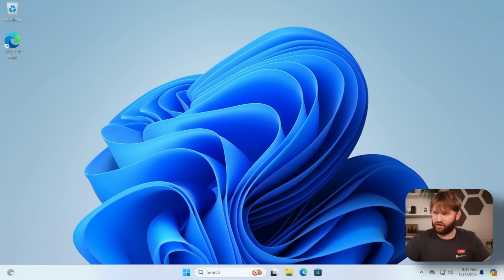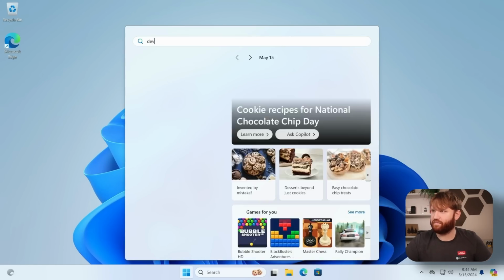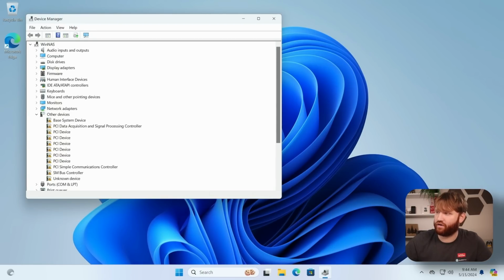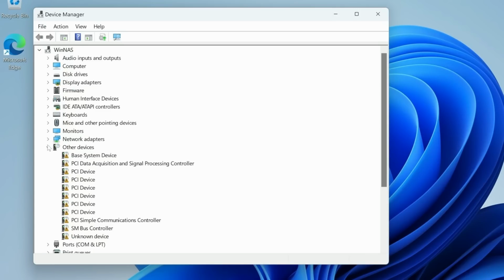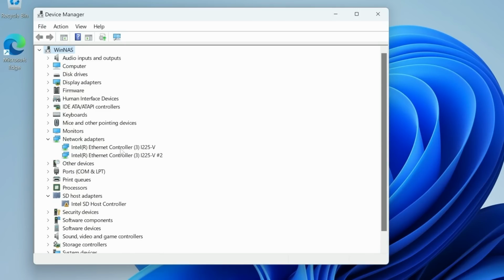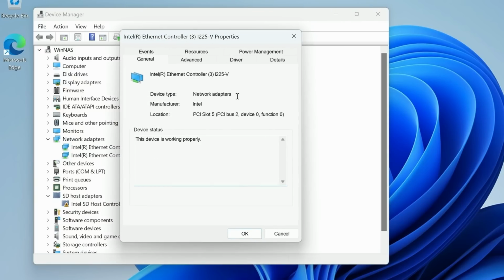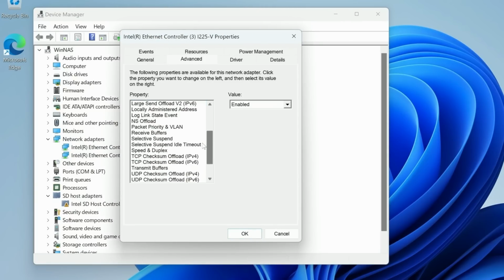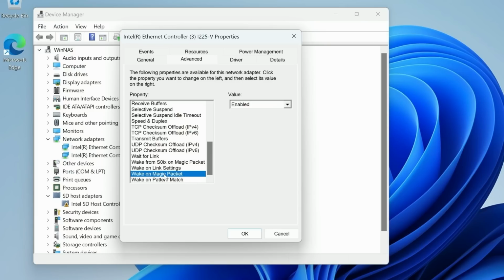And now from there, we are going to go over to our device manager and make sure that a certain packet is enabled on our network card. So if we go over here, let's minimize that and go under network adapters. We have our controller here. We have 2 of them. I'm going to do it for both of them because I'm not sure which one my internet's plugged into. But right click that, go over to properties, and then here under advanced, it is going to be the Wake On Magic packet. We can see that's currently enabled, which is good.